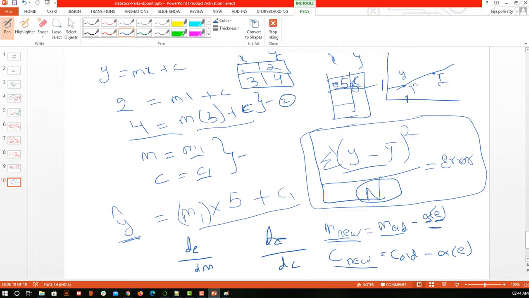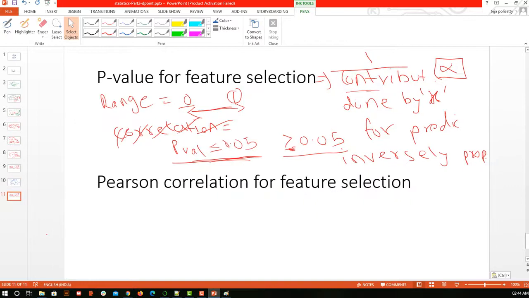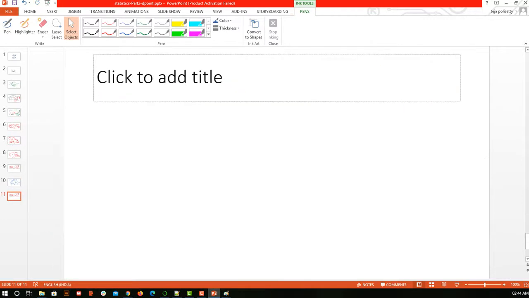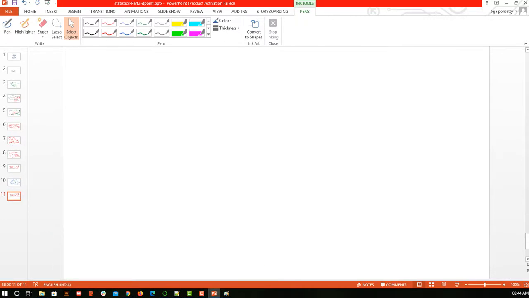Why am I doing this? Let me explain with the graph. First suppose this was my graph, and these were my data points, and this was my line. Now the error is this.